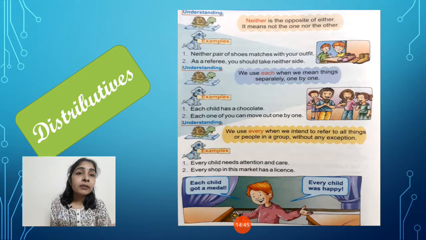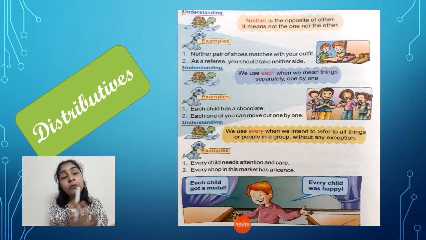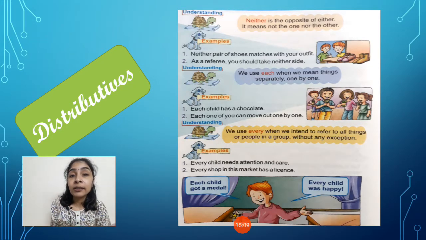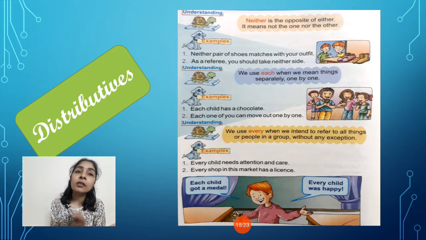Now when we come to the next example, there is neither. Neither also refers to the same meaning. Both options given in the sentence are equal, but here we are using it in the negative sense. There we were using the positive sense, that either of the books can serve my purpose. But here, neither of the books will serve my purpose. That means I am going in the negative sense: from the two, none of them will help me. So the sense is the same, the use is the same, but the sense is just opposite. There we were using the positive sense, and here we are using the negative sense.